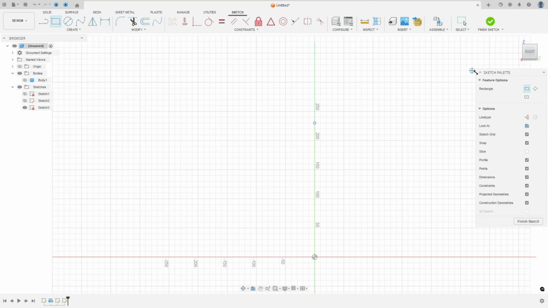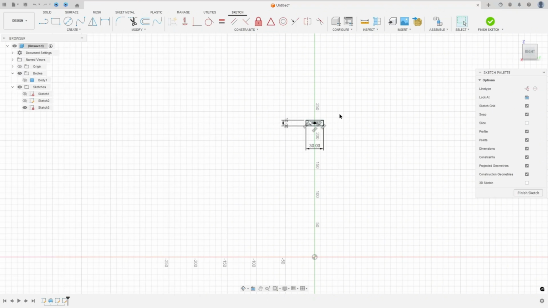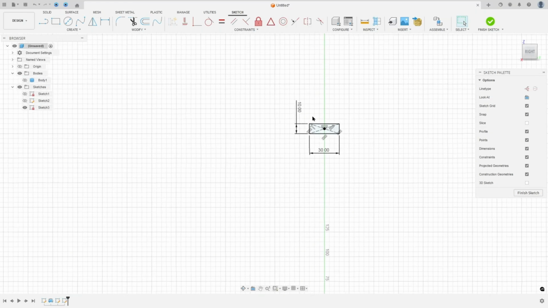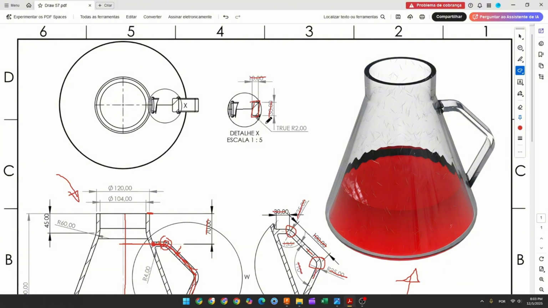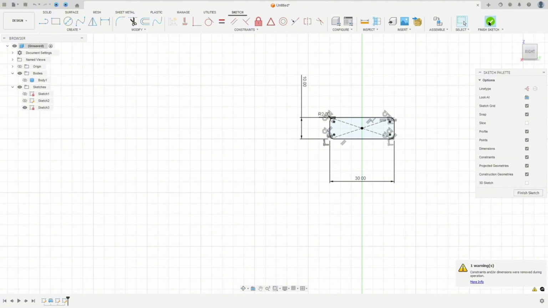So select the 2-point rectangle, center rectangle, click here at the midpoint, 10 by 30 millimeters, okay? And here we have a fillet in the four edges, in the four corners here with 2 millimeters of radius. So go to fillet, make a fillet here with 2 millimeters, okay? We made this, finish the sketch,